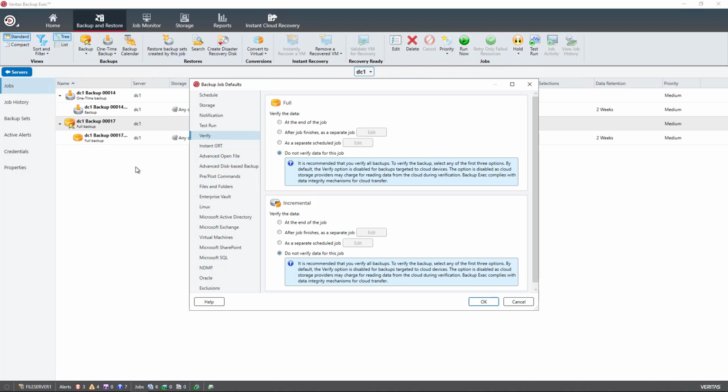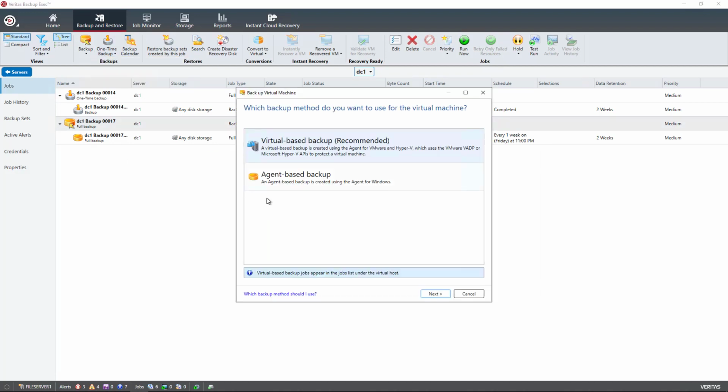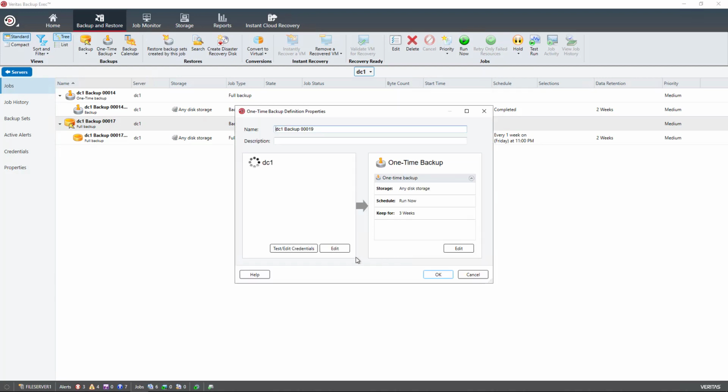And click OK. So now I'm going to create a new job and just make sure that those job defaults stuck. I'll go to a one-time backup to disk, although I could do this as a scheduled backup as well. I'm going to choose the agent-based backup, but it really doesn't matter which one you choose. And I'll click Edit,